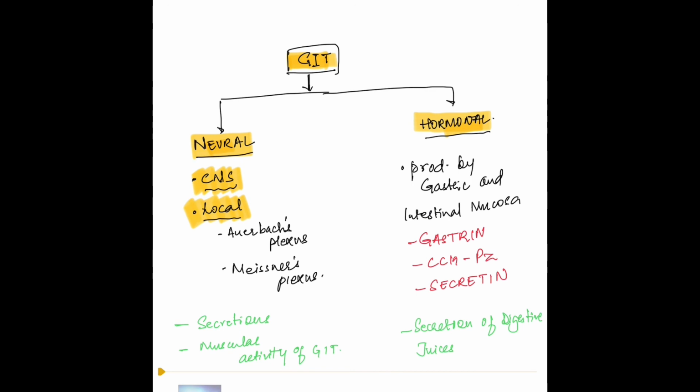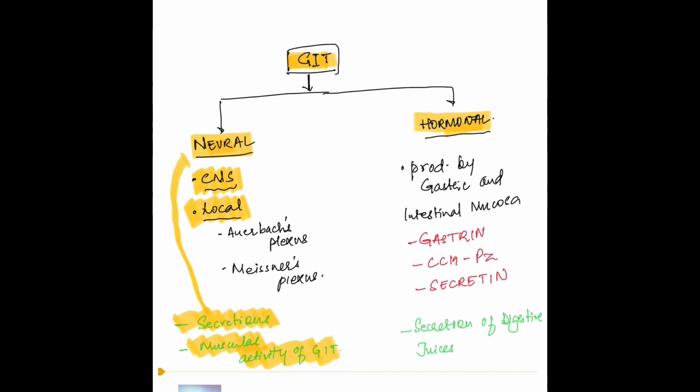When we think about a tasty dish or when food is being cooked in the kitchen, even the aroma of food alters gastrointestinal secretions. This is our brain preparing the GIT in anticipation of food. So even if there is no food in the GIT, the CNS can alter the secretions of saliva, of gastric glands, of intestinal secretions as well. And our nervous system also controls the muscular activity of the gastrointestinal tract.